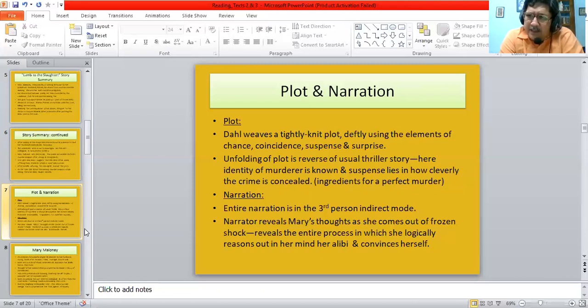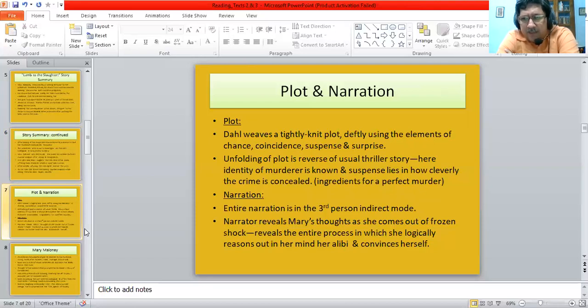The perfect murder, in a sense that it is something which will forever remain concealed. It will never be found out. She will never be discovered. So the plot is extremely tightly woven, very deftly woven, and the elements of chance, coincidence are